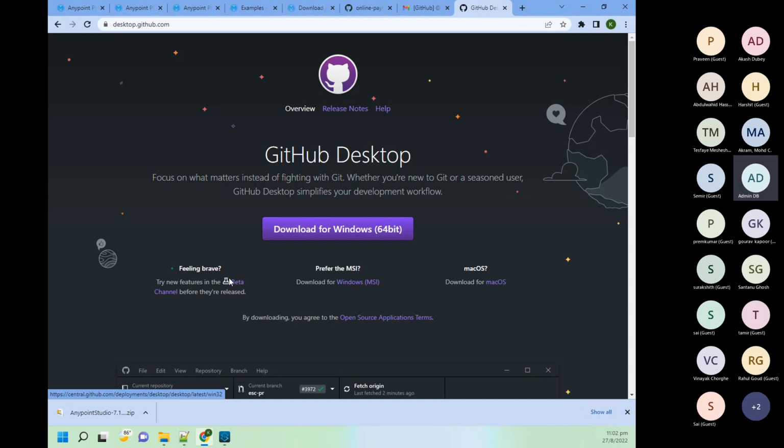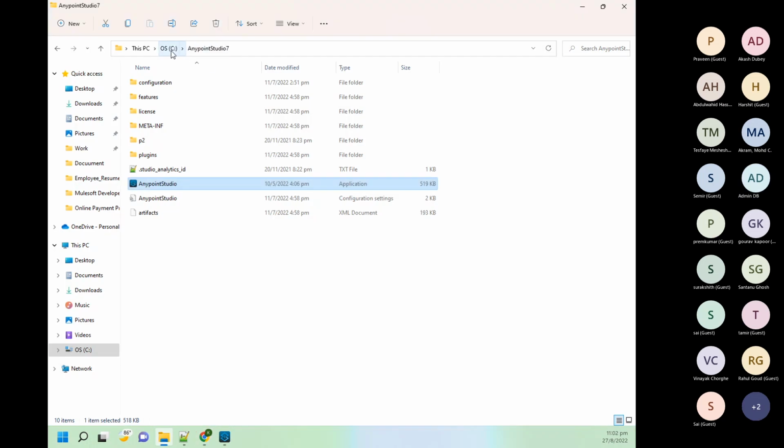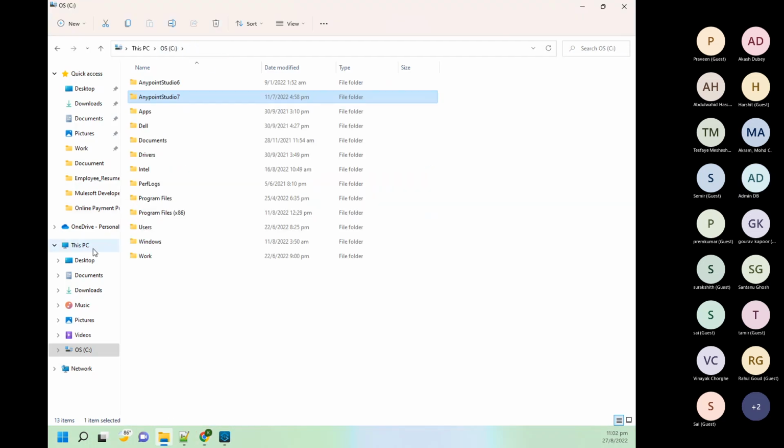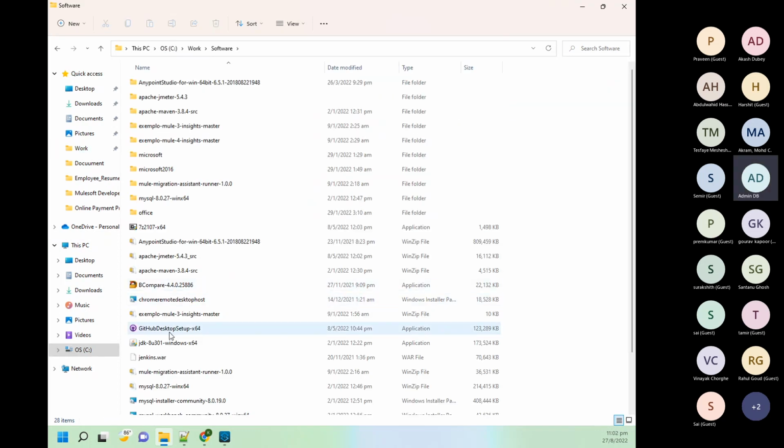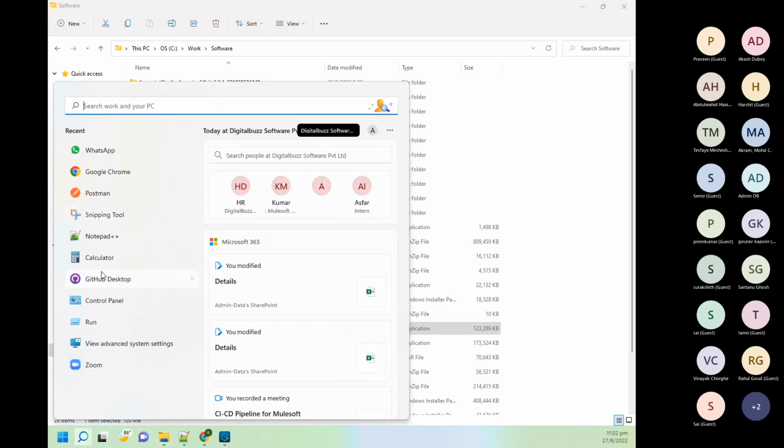Once you click on this, you will be able to see this kind of software. Then you need to double click on this software and install it. So I already have this software. So what I will do,